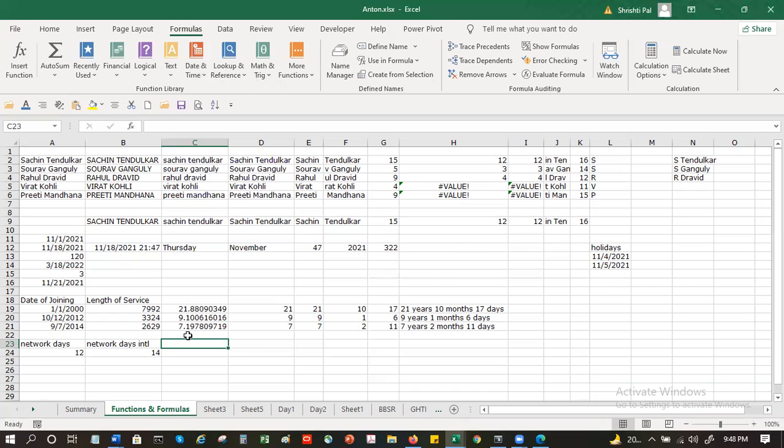In that class, we'll be covering IF within IF, multiple IF, different types of nested IFs, SUMIF, SUMIFS, SUMPRODUCT, VLOOKUP, HLOOKUP. That's okay, sir. I just wanted to know how many sessions do we have amongst ourselves to share with?